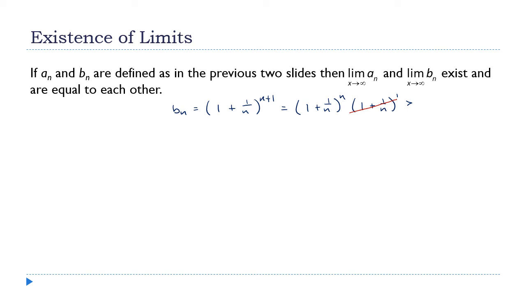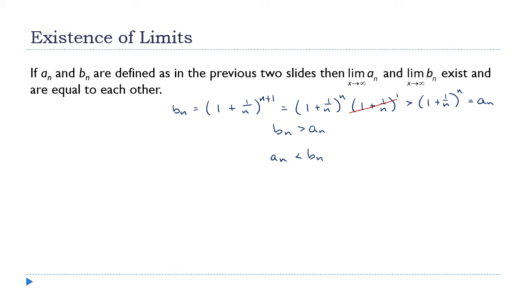So this is greater than (1 + 1/n)^n, which is a sub n. All right, so what I've shown here is that b sub n is greater than a sub n. In fact, let me turn this around, because we usually do smaller than larger. So this means a_n is less than b_n for all n. Okay, but remember,